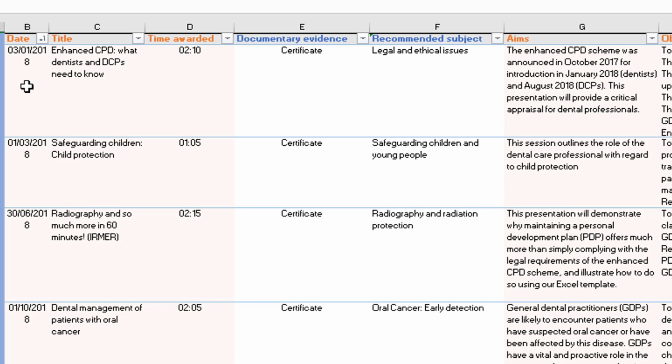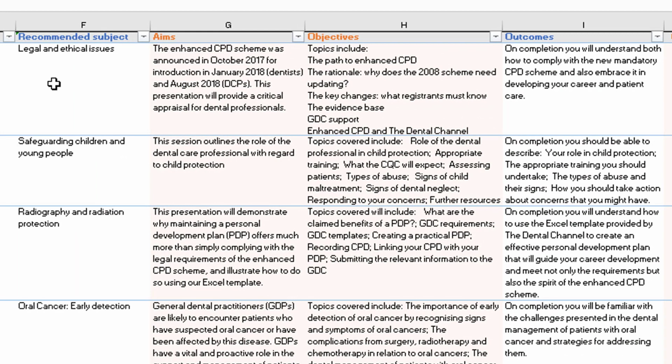Date, title, time awarded, documentary evidence, which is normally a certificate, but it might possibly be something else. We've included the recommended or highly recommended subject categories here, aims and objectives and outcomes. These are the description of the course. We provide aims, objectives and outcomes for all of our courses, which is why we've provided 3 columns here, but